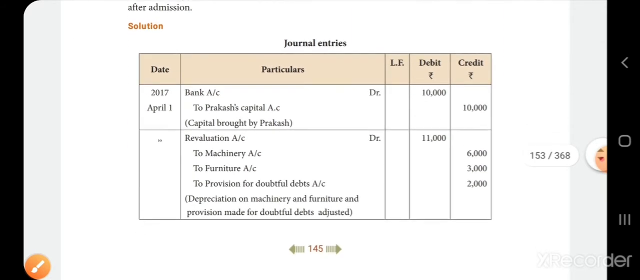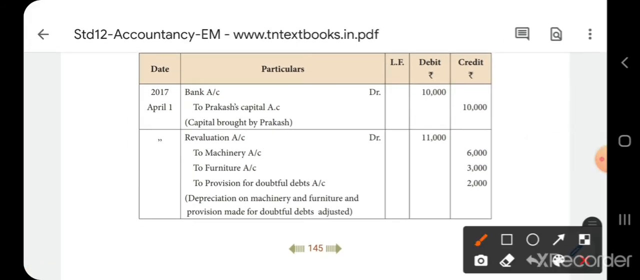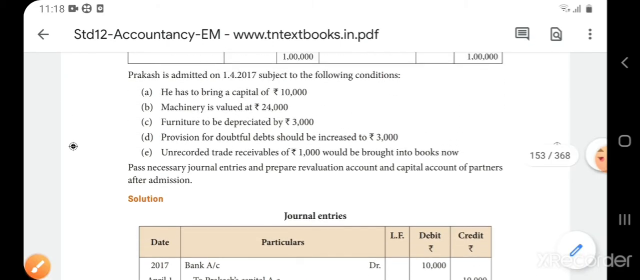Okay, now look at the journal entries here. First one is bank account debtor to Prakash capital account 10,000. Second one is revaluation account debtor to machinery account 6,000, to furniture 3,000. Okay, now look at the